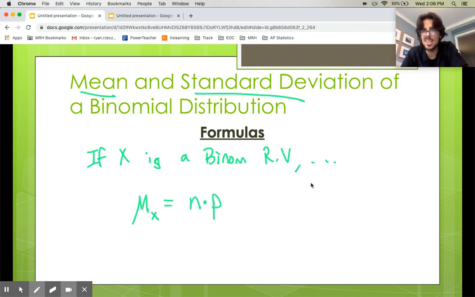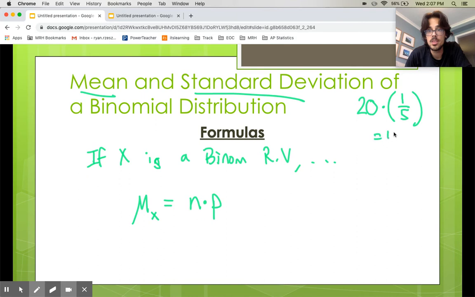So let's think about this logically. I'm not going to prove either of these formulas, but I'll at least try to tell you something for this one right here. In my multiple choice question example, I had 20 questions, and the probability you get a question right by guessing is a fifth. 20 times a fifth is 4, so it seems reasonable